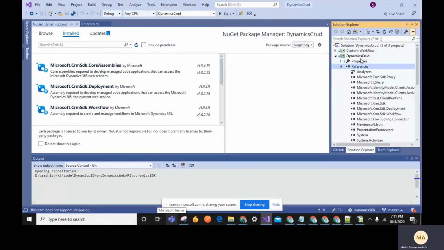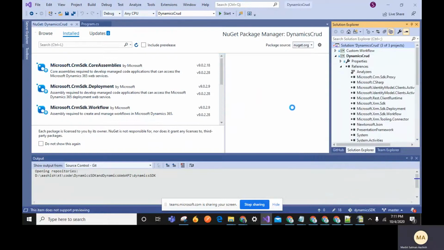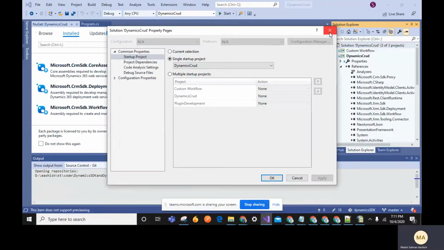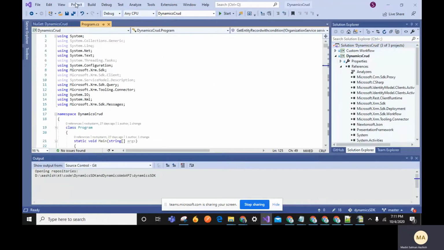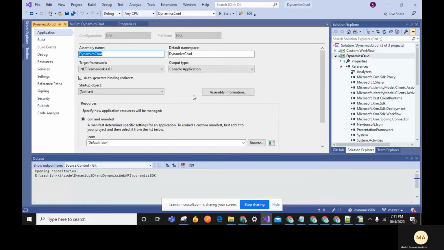Let's go to the properties. Here, project and Dynamics CRUD properties. In this you need to use framework 4.6.1.